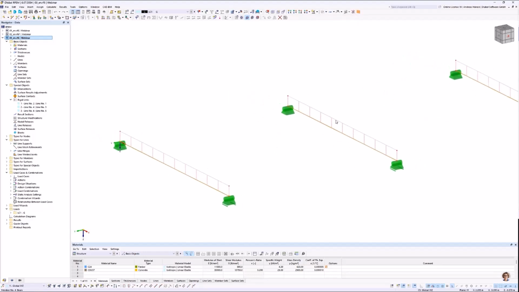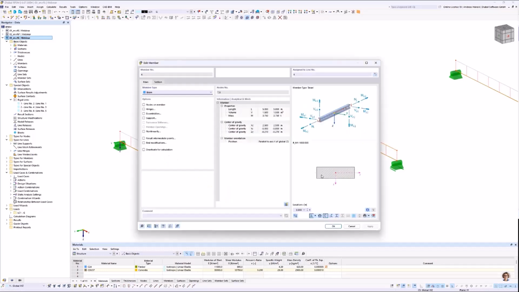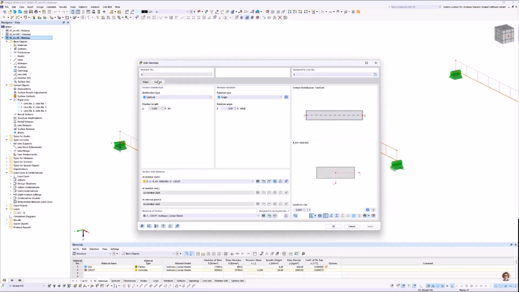We have two members without any eccentricity. The center of the member is in the middle of the member. This is a member of 1 meter width, and the thickness is 300 millimeters concrete,